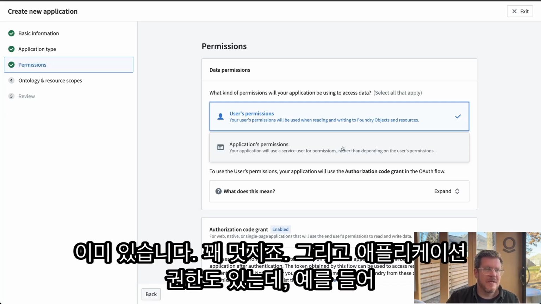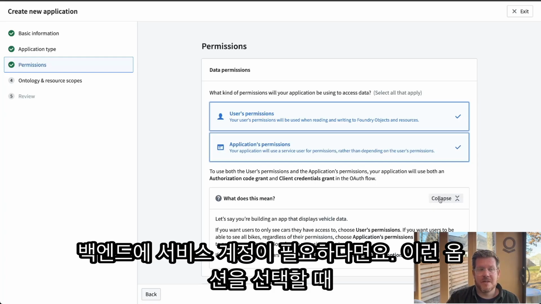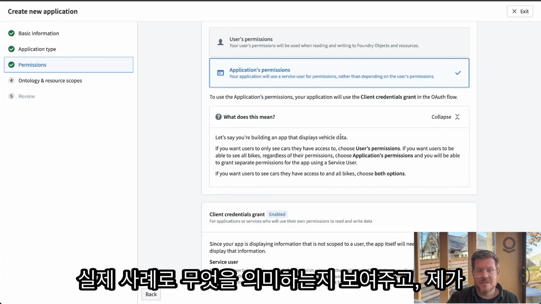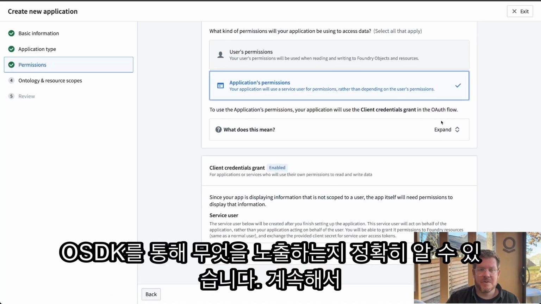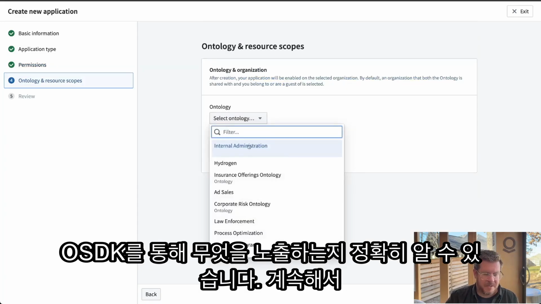That's pretty cool. Then you have the application permissions. So again, if I need to have like a service account or something on the back end. The idea here is as I select these options, it's going to show us in a real world example what that does. And so I know exactly what I'm exposing through this OSDK. All right, if we hit continue, we're going to pick our